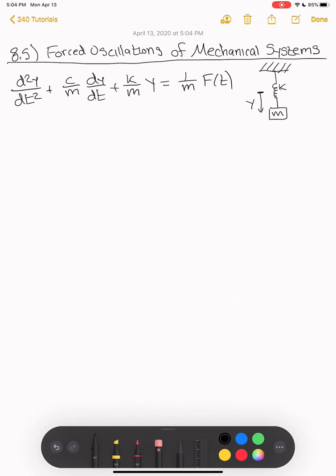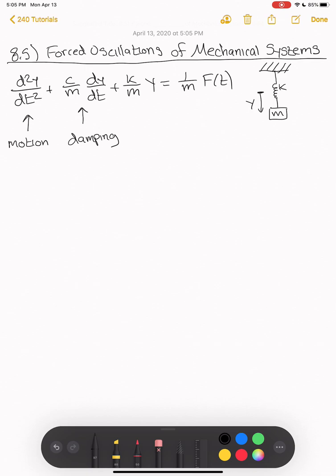Okay, so we're back with our friend, the spring mass system, and we have the general differential equation used to solve these types of systems in front of us. So I just want to give a quick reminder of what all these terms mean. This term here is the motion and the acceleration of the object. We have this damping term here,